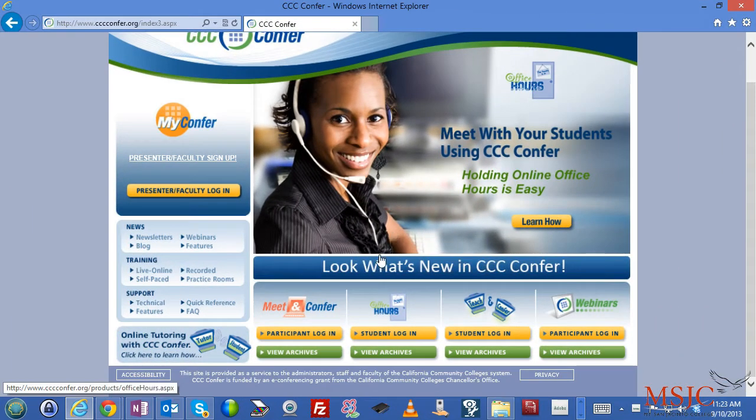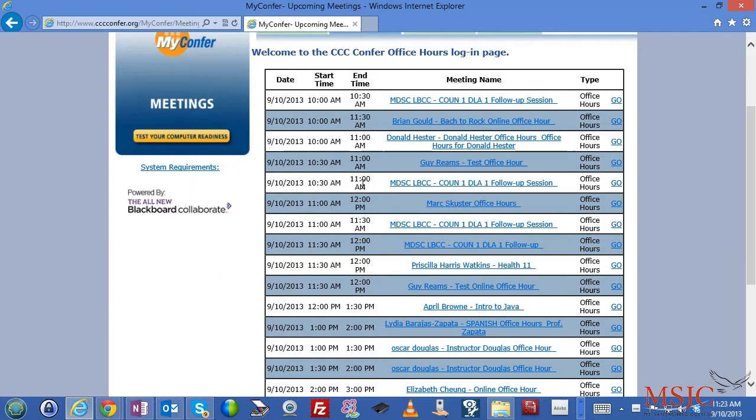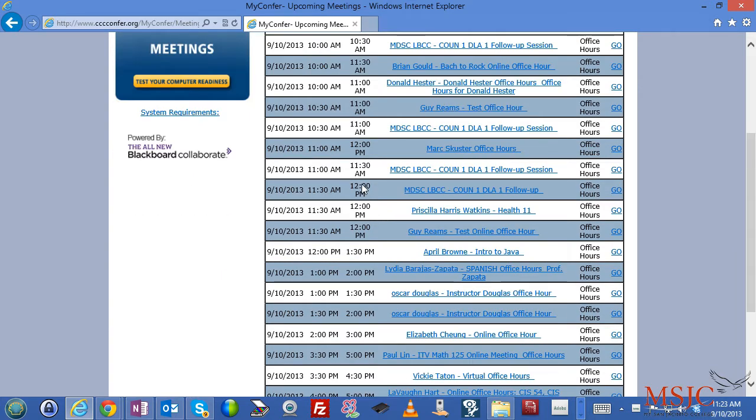Down in the bottom, you'll notice that there are 4 ways to interact with CCCConfer. One is through Meet and Confer, Office Hour, Teach and Confer, and Webinars. If you would like to participate in an office hour, you must click Student Login, which is the yellow button underneath Office Hours. After clicking Student Login, you need to search through the available office hours that are open at